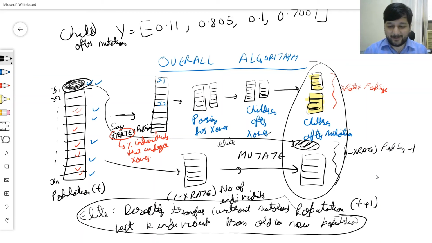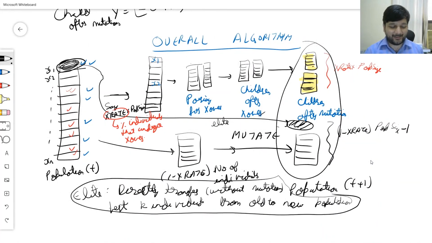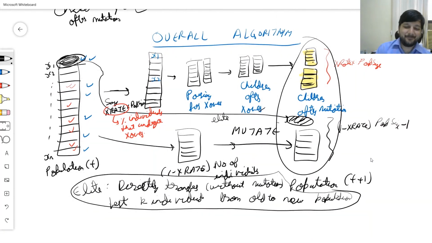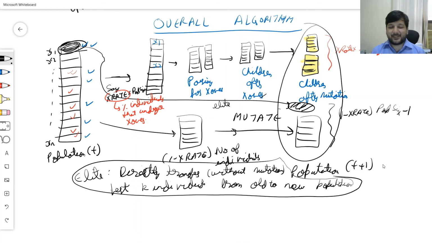So your parents may be wonderful and you inherited great genes, but mutation made one bad gene, and now that gene is not really good and it's not turning out like your parents. Had it been the old strategy, your parent would have fought with you and won. Now there's no competition between parent and child. Parents, they die after producing children, so you need the better ones to survive. And because you need the better ones to survive, this is exactly what this overall strategy does.